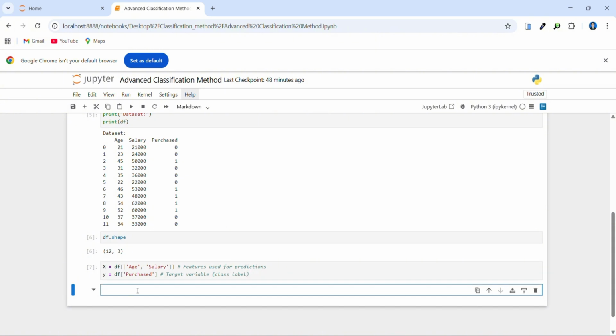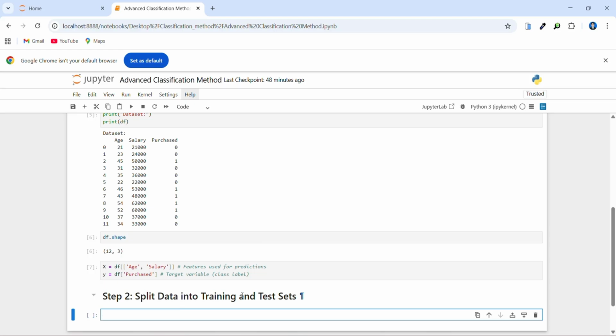And now step 2. Step 2, split data into training set and test set.